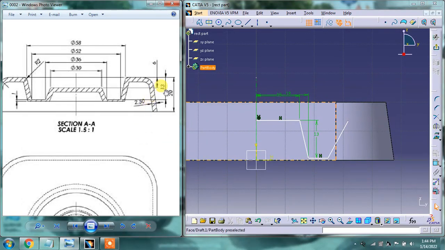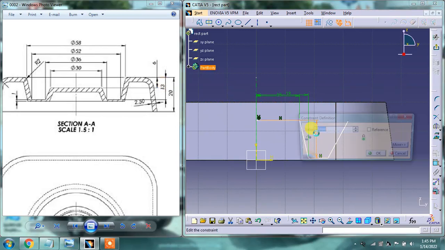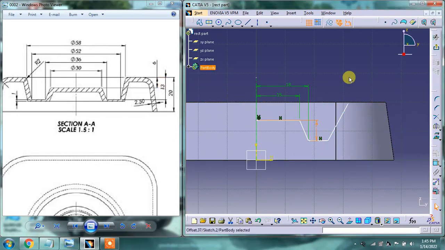It is 13 mm, I think. No, it is not 13. Let me calculate it first. This depth will be 7 mm, because from this line to this line it is 6 mm, and the total height is 13 mm. So I will subtract 6 from 13 and then I will get 7 mm. So this is not a complete 13, it is a 7 mm depth.